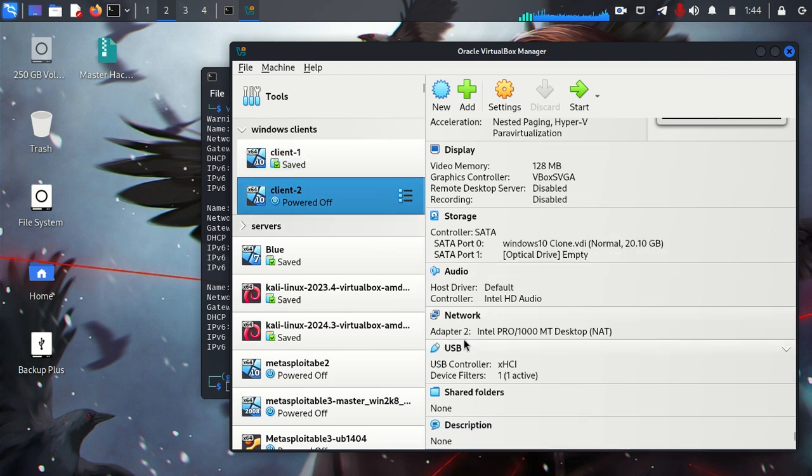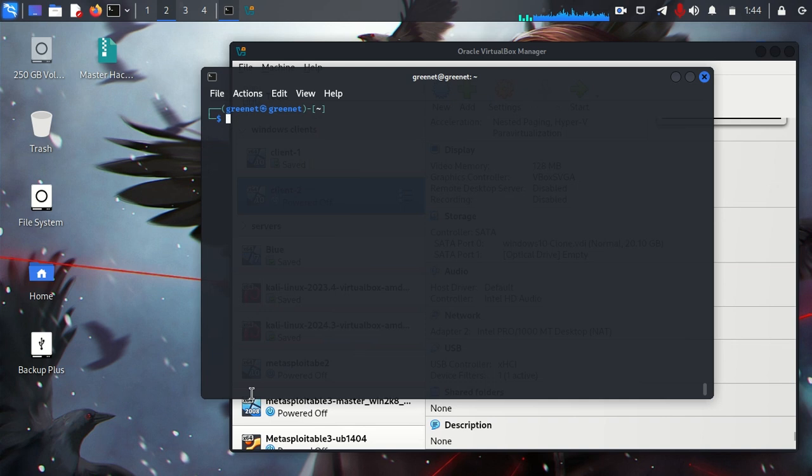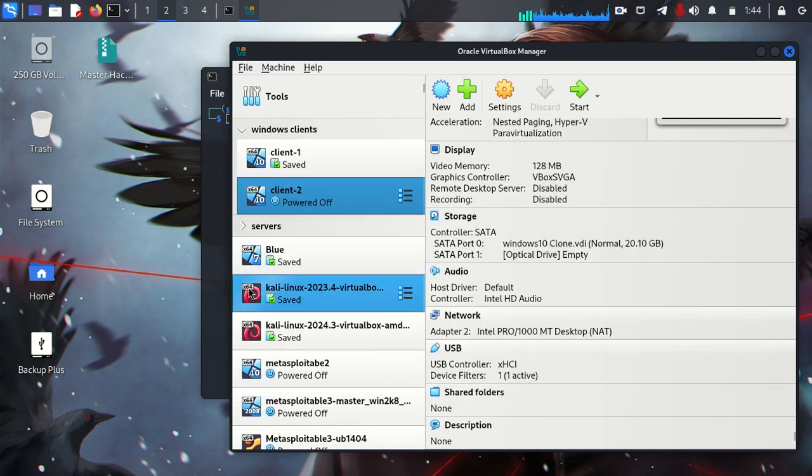Client 2 only has one adapter, and this is adapter 2, which is connected on just NAT. So we can connect the network that we have created to adapter 1, adapter 3, adapter 4, to any you want. So this is where we use our VBoxManage control. Here we are going to be using modify because we are changing content on our virtual machine. We are going to modify our